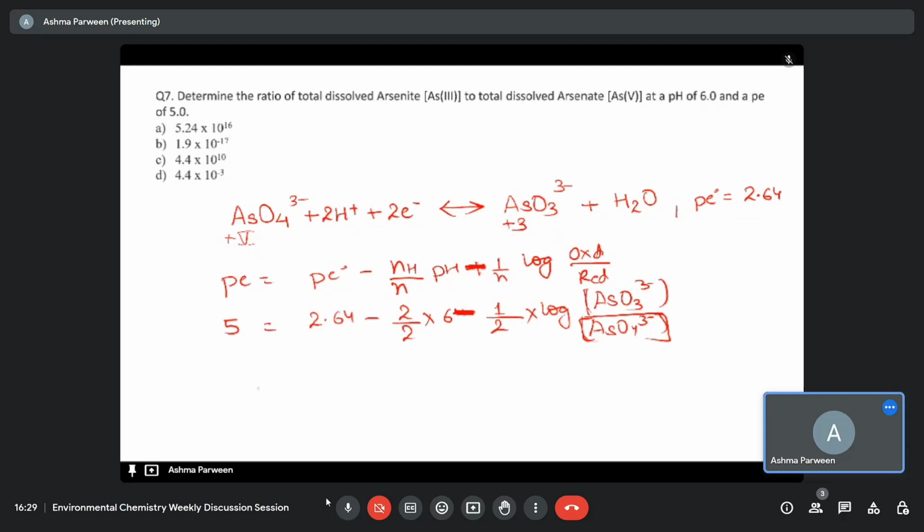Solving this, we will get the final value of arsenic 3, that is AsO3 3 minus. I will request you to check these values, recalculate on your side, and confirm whether